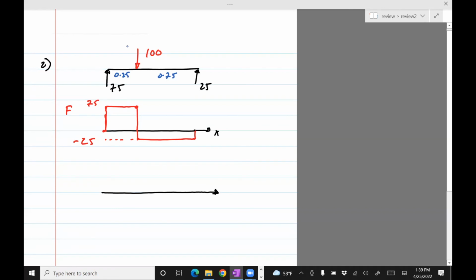Okay, so one way of doing the bending moment diagram is to compute the area under the curve. The area under this curve is going to be 75 times 0.25, so a fourth of 75, which is 18.75. And in this part, you will see that it is also 18.75, just 25 times 0.75. So we can easily draw the bending moment diagram. We just go from 0 to 18.75 over here, and then minus 18.75, so it will go. So M